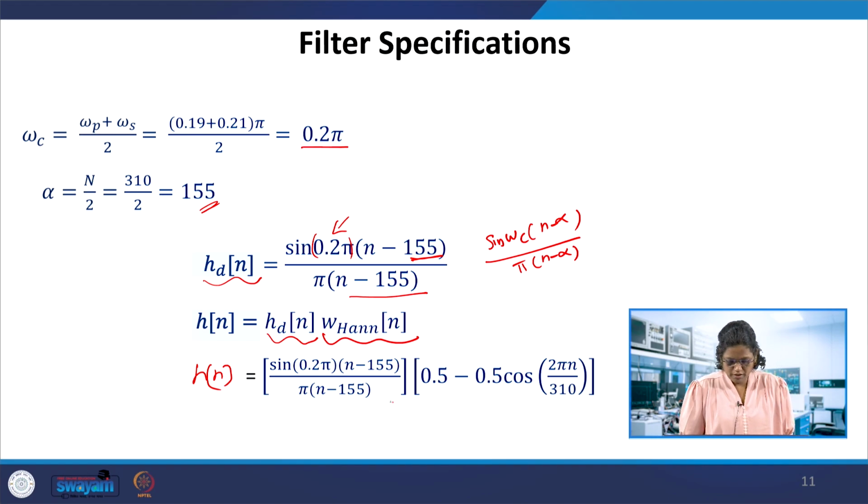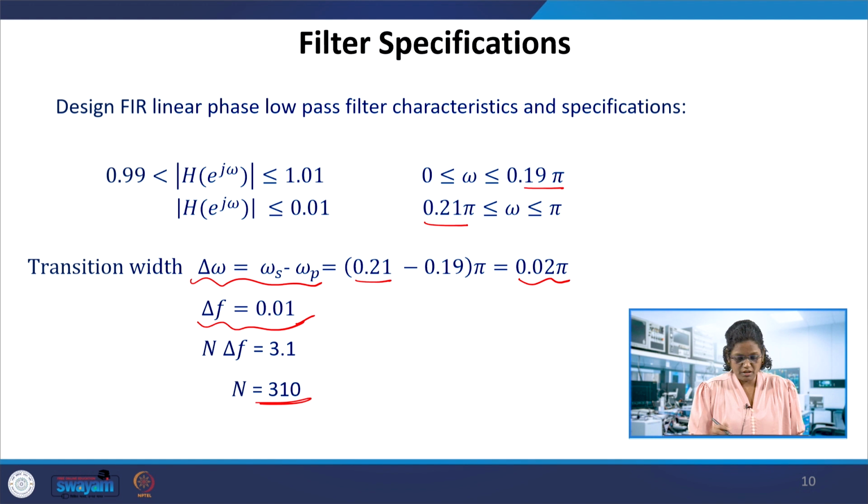h of n here has 310 coefficients anyway. It is going to be many coefficients, so we didn't calculate it manually. This can be obtained through the filter designer tool. Here is an example which doesn't specify the window function, and which only has the ripples allowed in the passband and the stop band. Luckily, both the allowed ripples are the same, 0.01 and 0.01. If they are different, take the lowest ripple allowed in the passband or stop band, and find the transition width.